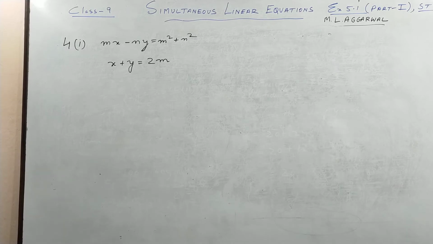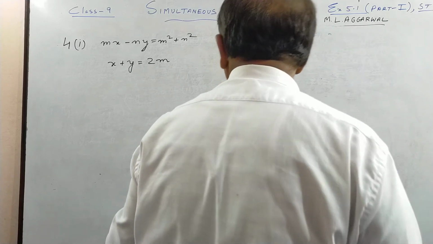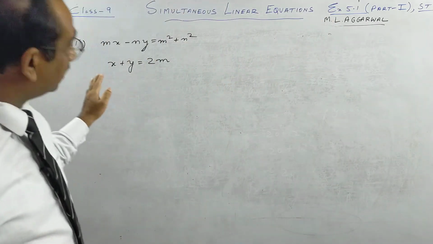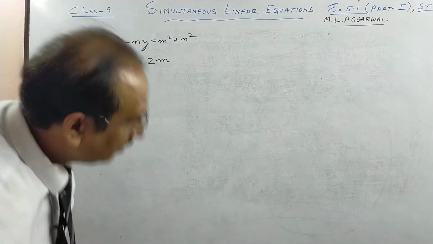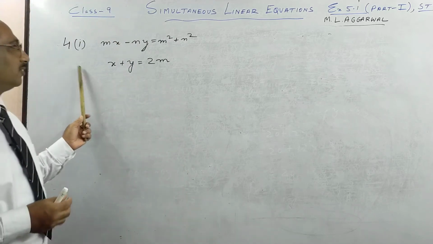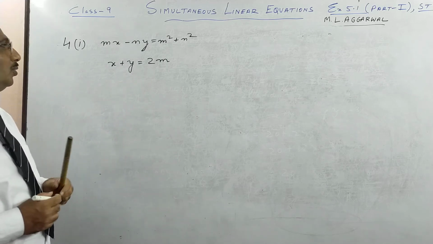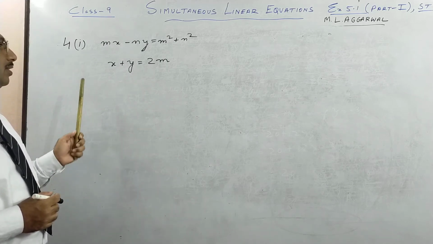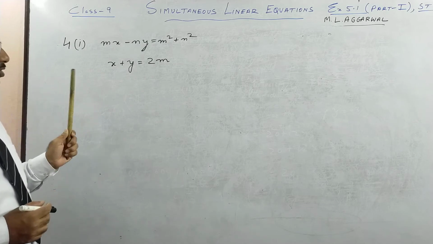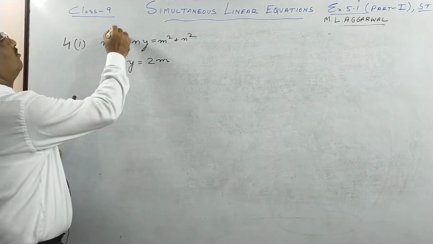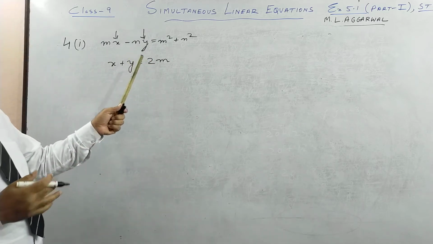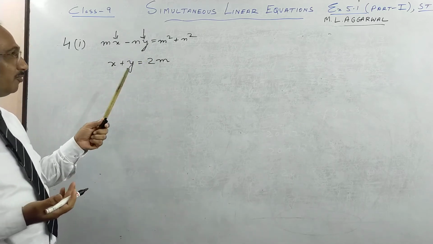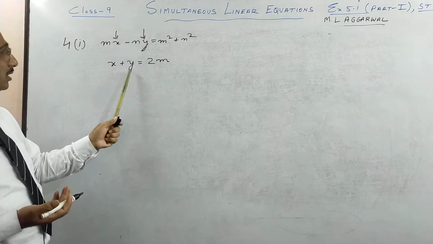So here we move on to our last sum in this session. This sum looks quite hard, but it is very interesting, 4 part 1 and 4 part 2. So I'm doing 4 part 1. See how we solve. Remember here x and y are variable, and the m and n are constant, there cannot be 4 variables. These are constant, these are variable.